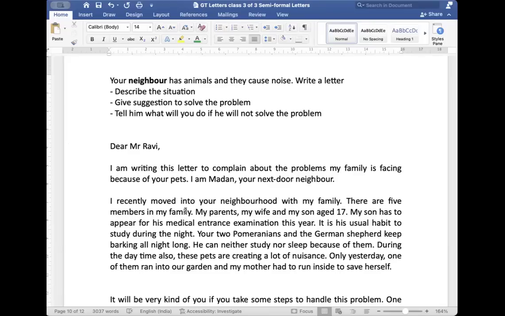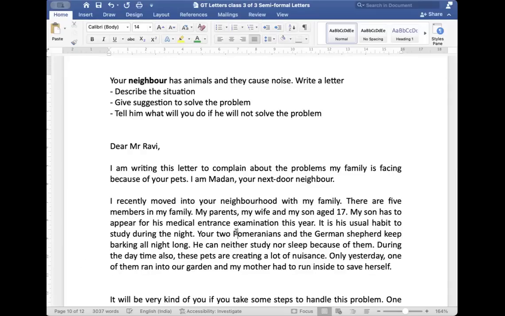There are 5 members in my family: my parents, my wife, and my son, age 17. My son has to appear for his medical entrance exam this year. It is his usual habit to study during the night. Your two Pomeranians and German Shepherd